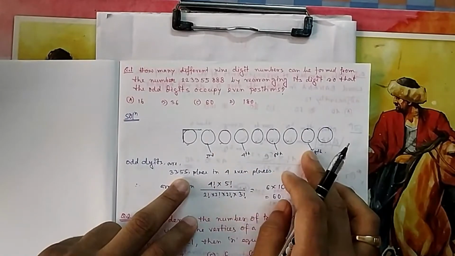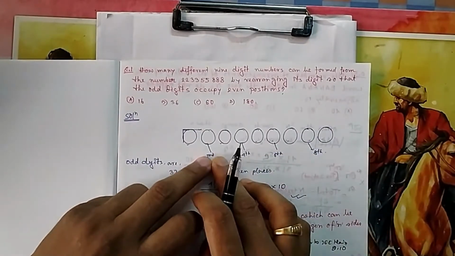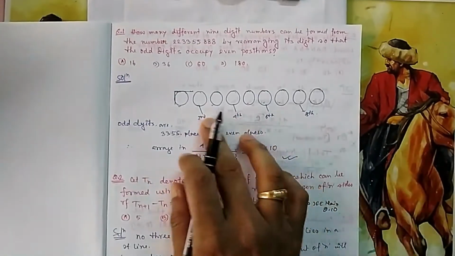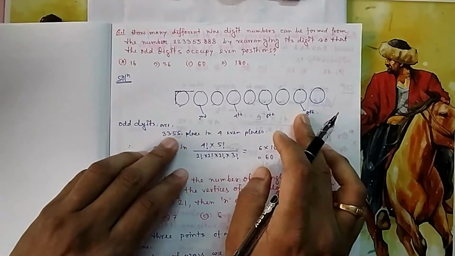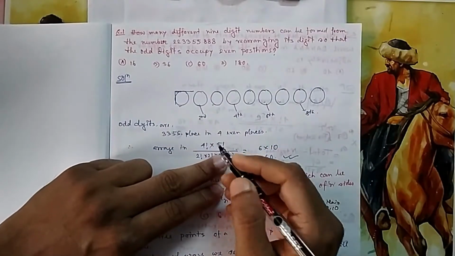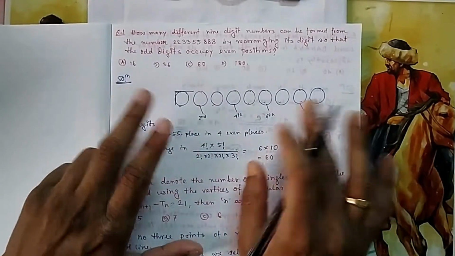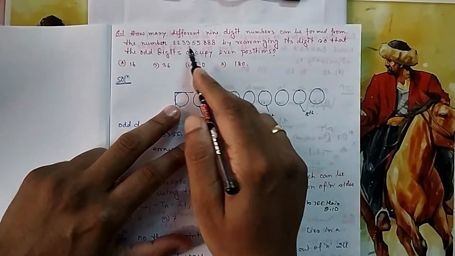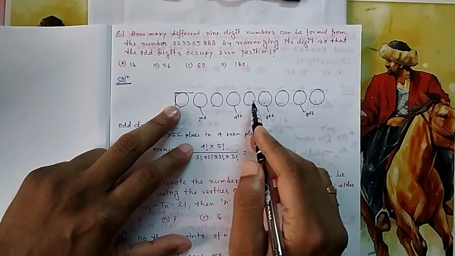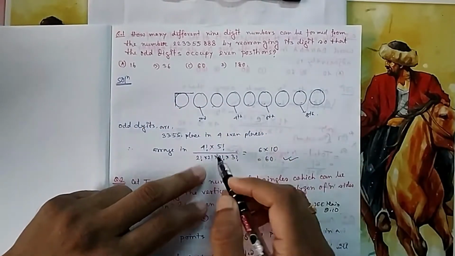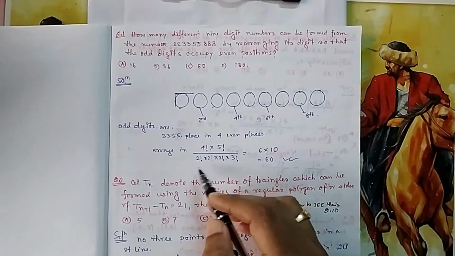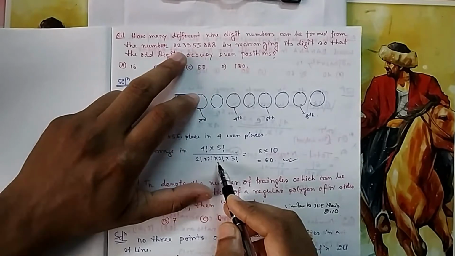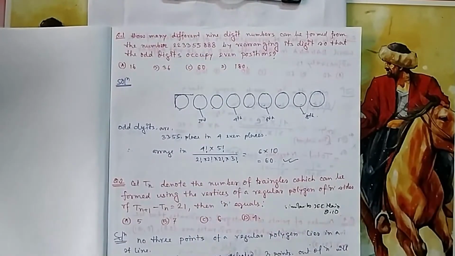These 4 want to take 4 positions. So first you place them in these 4 positions, because they want these 4 positions. For the others there is no problem, others can sit anywhere. So let them sit in these even positions. There are 4 positions, 4 persons, so 4 factorial. Division we will do later, what repeats we will divide. Multiply by, then how many digits are left? 5 digits will be left and 5 places are there: 1, 2, 3, 4, 5. So 5 places, 5 digits, again 5 factorial. Now divide by how many repeats there are: 3, 3, 5, 5, 2, then 888. So the final answer is 60.